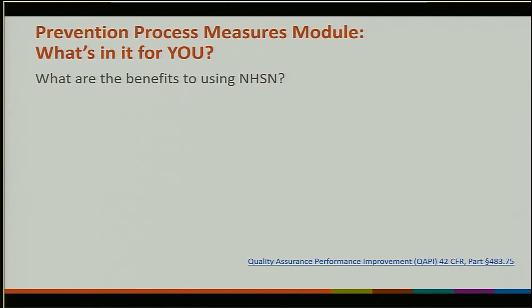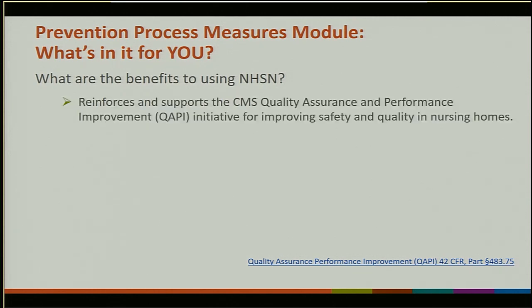So, Prevention Process Measures module. I know you're wondering what's in it for me, and what is the benefit of using this module? The benefit of using this module is to assist with measuring the adherence to hand hygiene and gown and glove usage within your facility. It reinforces and supports the guidelines of CMS quality assurance